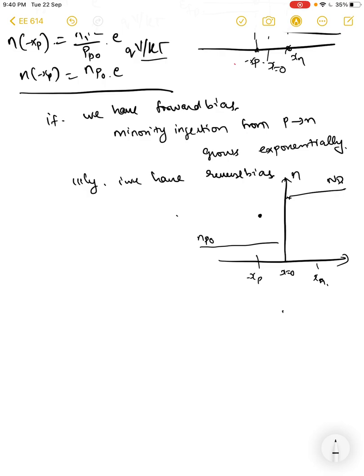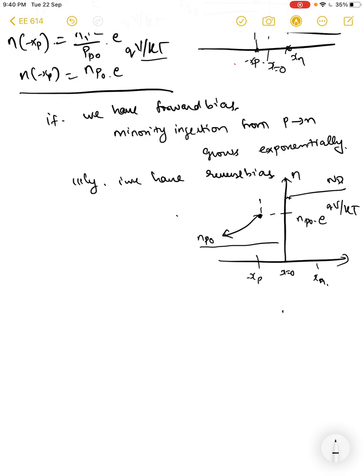So basically this level is np naught into e power qV by kT. So now that we have an expression for the minorities which are injected into the p-type region,